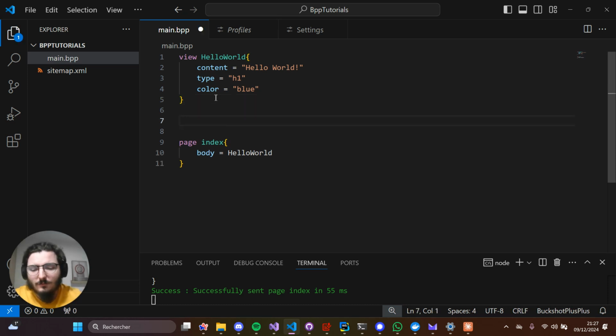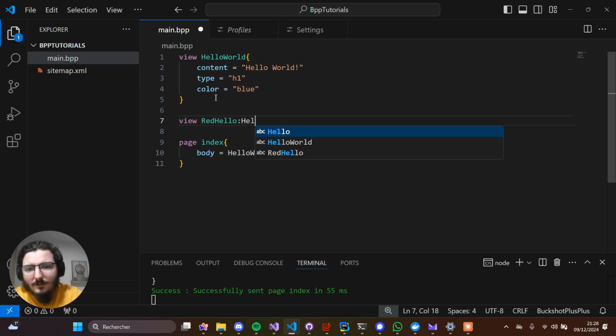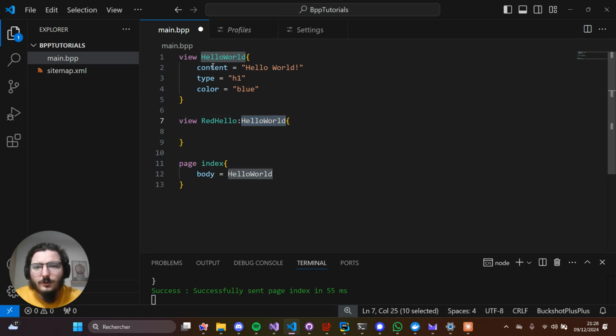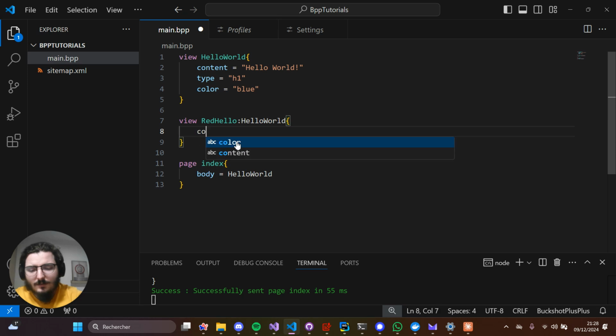Okay. So to do that, I'm going to create a new view, which I will call red hello. And I'm going to make it derive, like inherit, from hello world. To do that in BuckShotPlusPlus, simply put the double dot symbol, and by doing so, it will inherit all the properties of hello world. So by default, my red hello view will have content, type, and color that are the same as this one. Okay. So then if I just change the color and I put it to red,